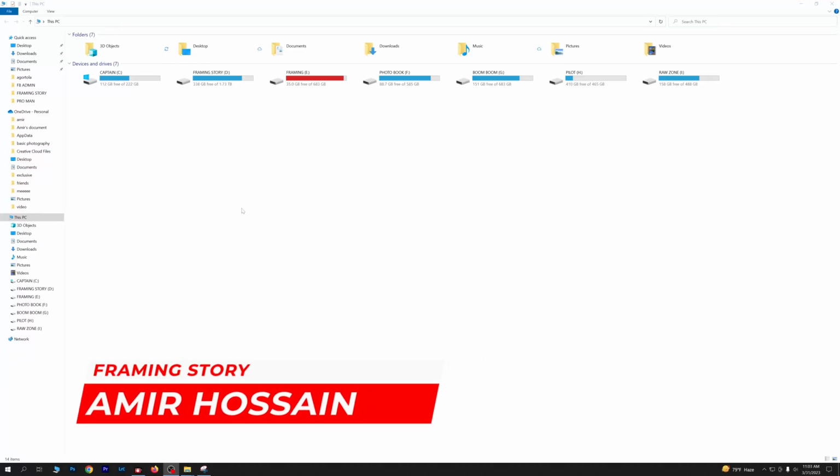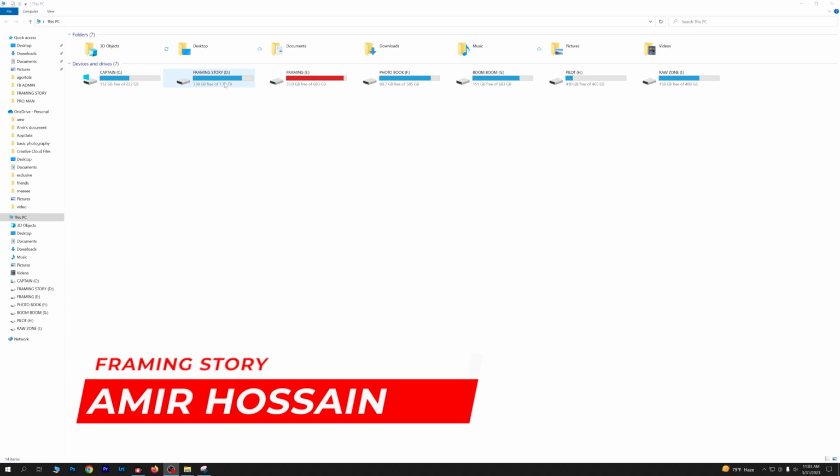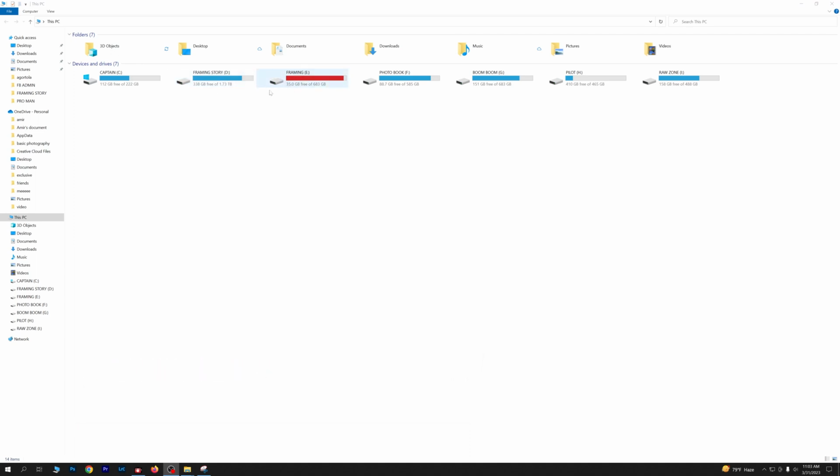Today I'll show how to divide any particular drive, or how you can add a portion of a drive from some other drive. Like this one is already full, so I need additional space here, and I can get some space from this drive. So I will show this process step by step, and this is life-saving because